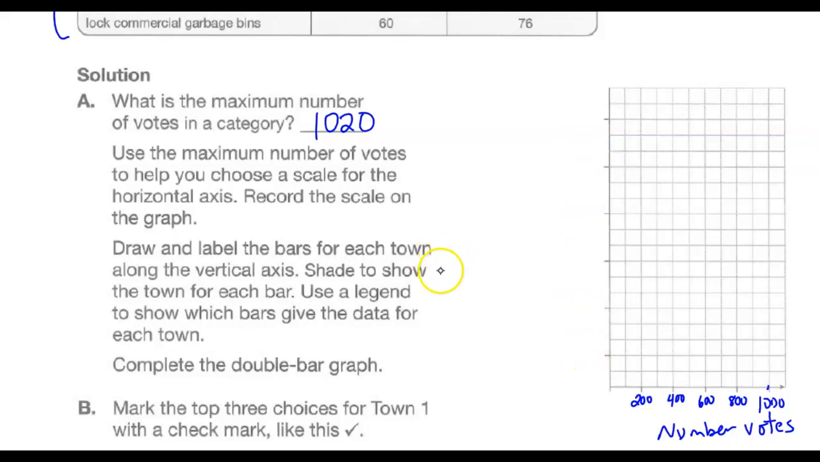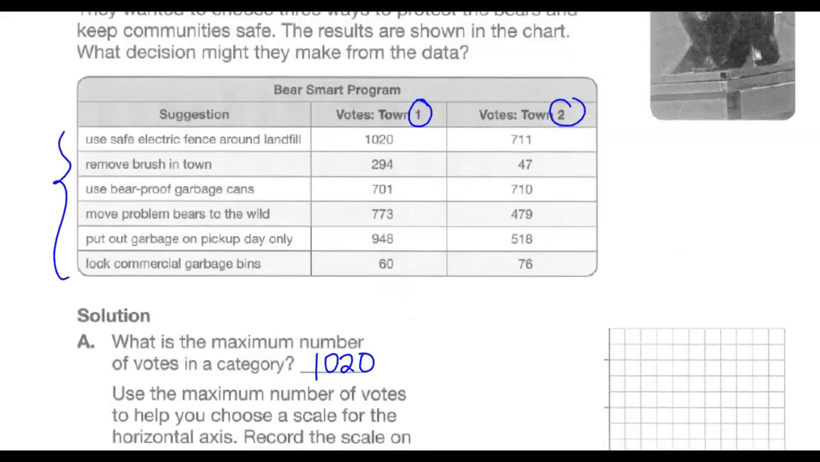It says draw and label the bars for each town along the vertical axis. Shade to show the town for each bar. Use a legend to show which bars. Give the data for each town. Complete the double bar graph. Okay, so you want to look at how many categories. So 1, 2, 3, 4, 5, 6. And so let's see